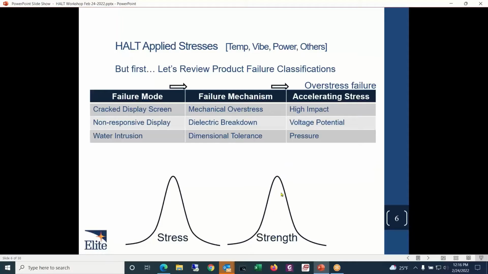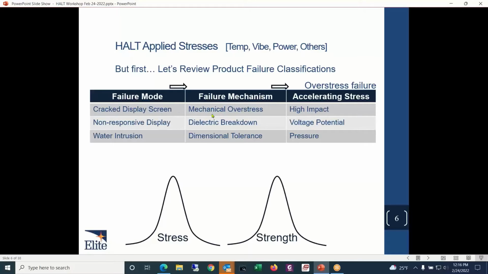That would be your average strength, and then you might find some parts that can survive much more stress, and likely some products that can withstand much less, right? So product strengths come with some sort of distribution around maybe a mean value. So when you drop your cell phone, you're eventually going to find some particular height from which you're going to crack